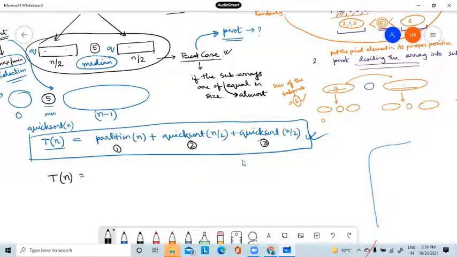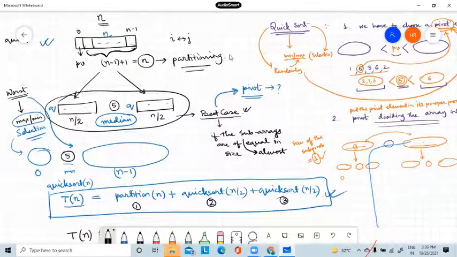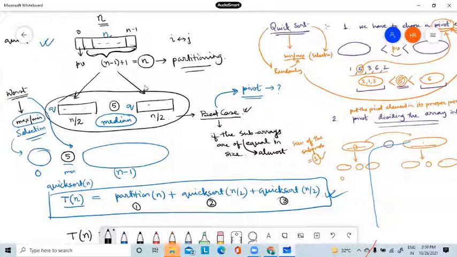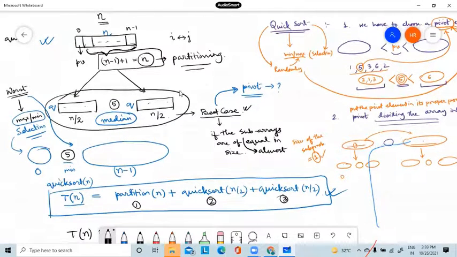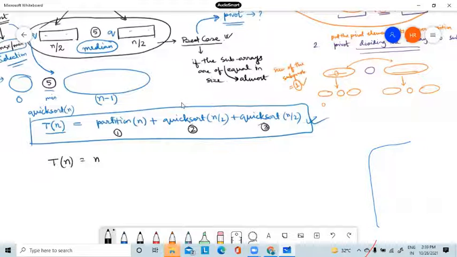What is the time required to partition? I have already discussed, this is the time required for partitioning, n number of comparisons. So you can write it like this: n into c, where c is constant time for one element. So for n elements, n into c, plus